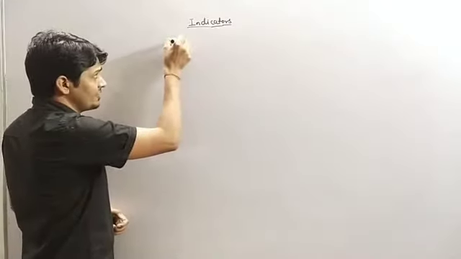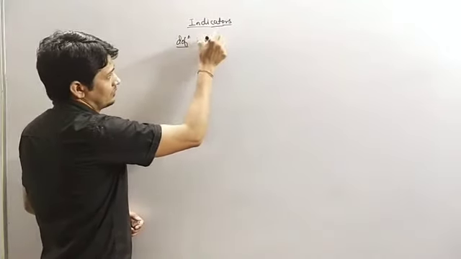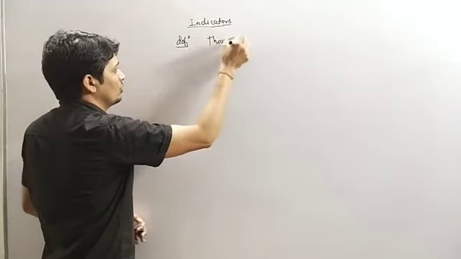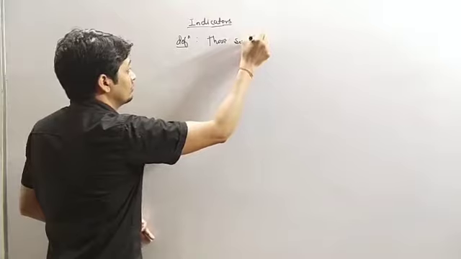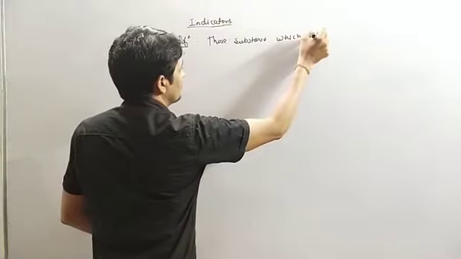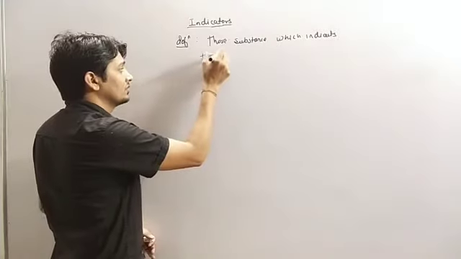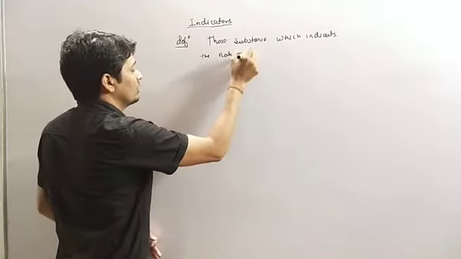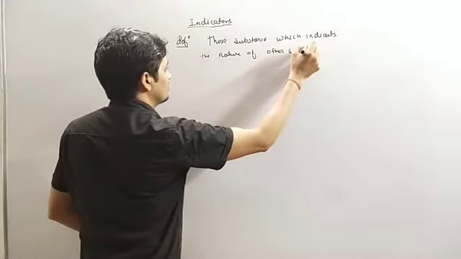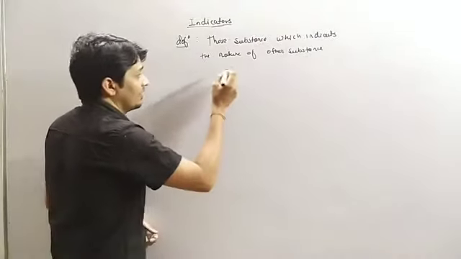The definition is: those substances which indicate the nature of other substances are called indicators, like